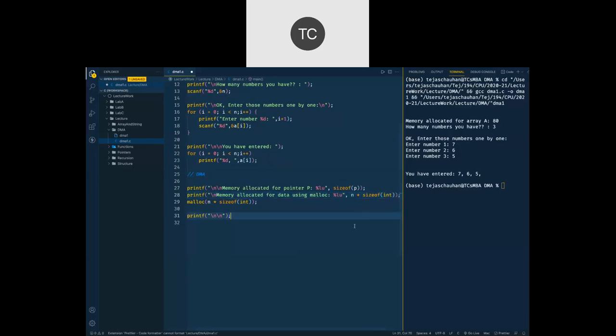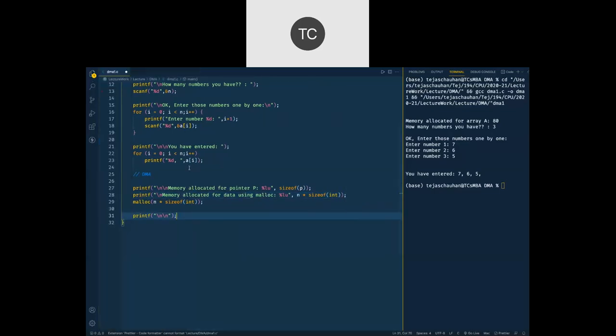So what amount of memory are we allocating here? n multiplied by sizeof integer. That's what I'm going to print first.